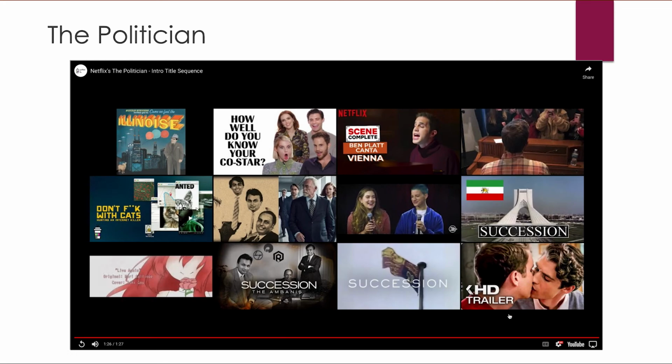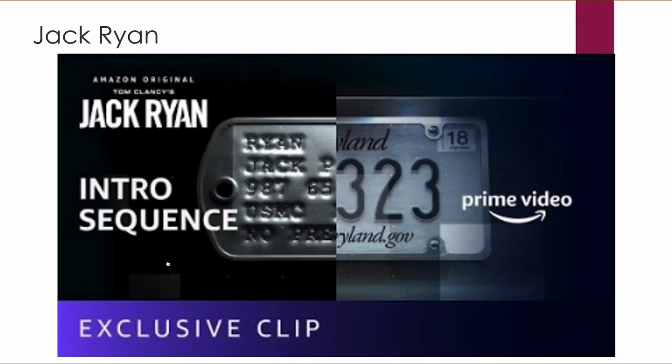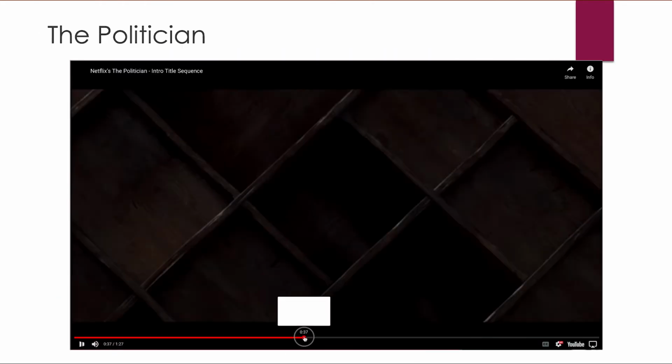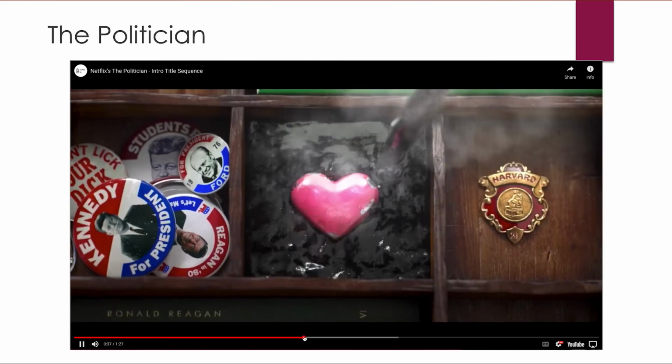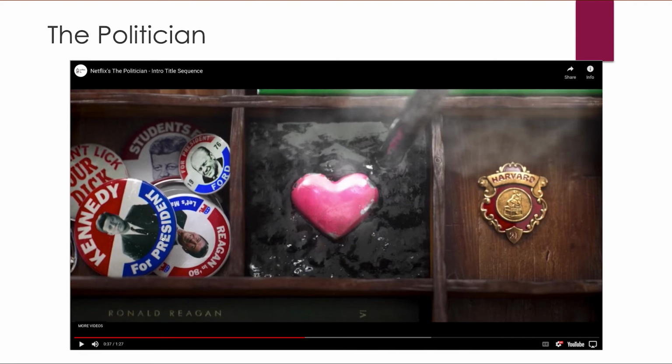Okay, and this one, sorry, I wanted to pause right there. This one clearly is showing what goes into making a politician. And so, appreciation for past politicians. Here you might have a soft heart, but you really kind of have to harden it with tar or whatever that black gunk is.